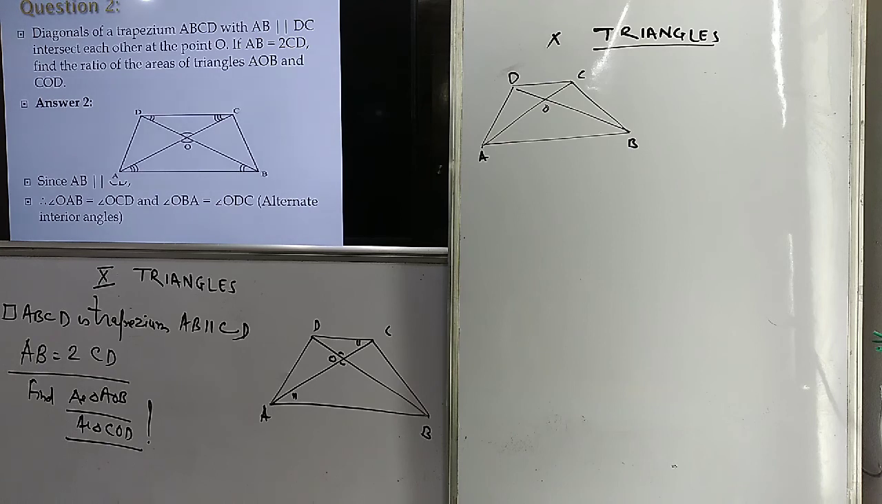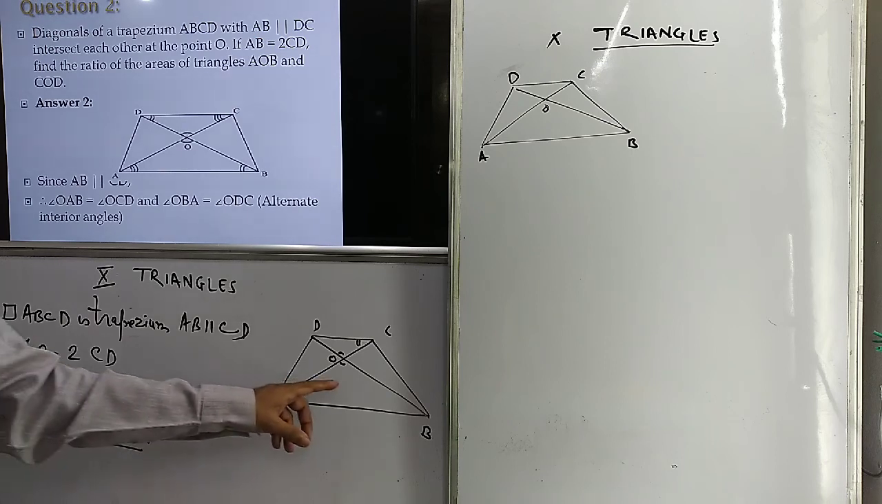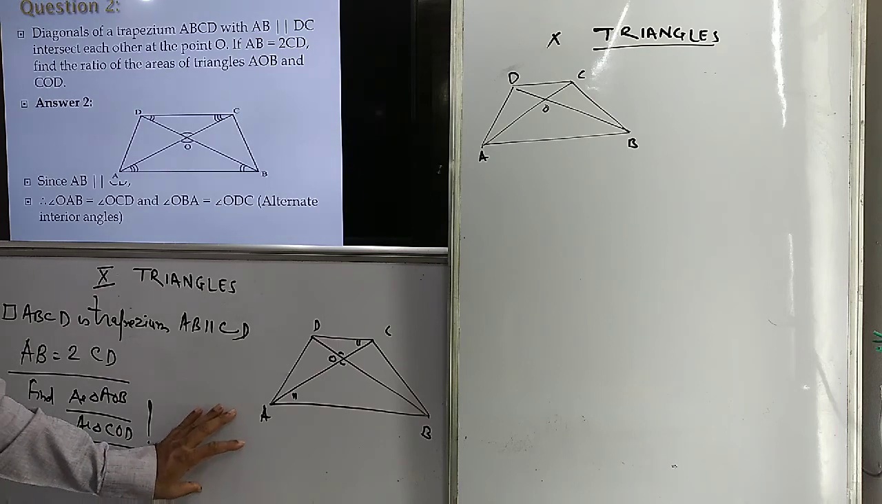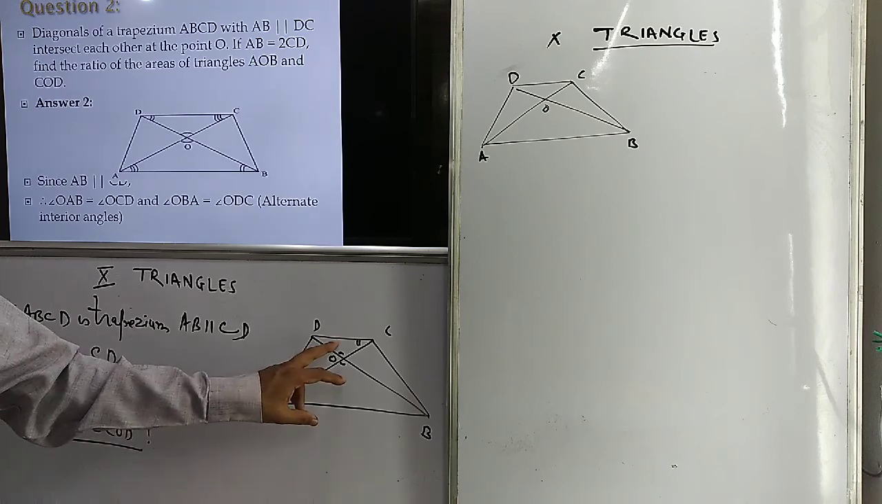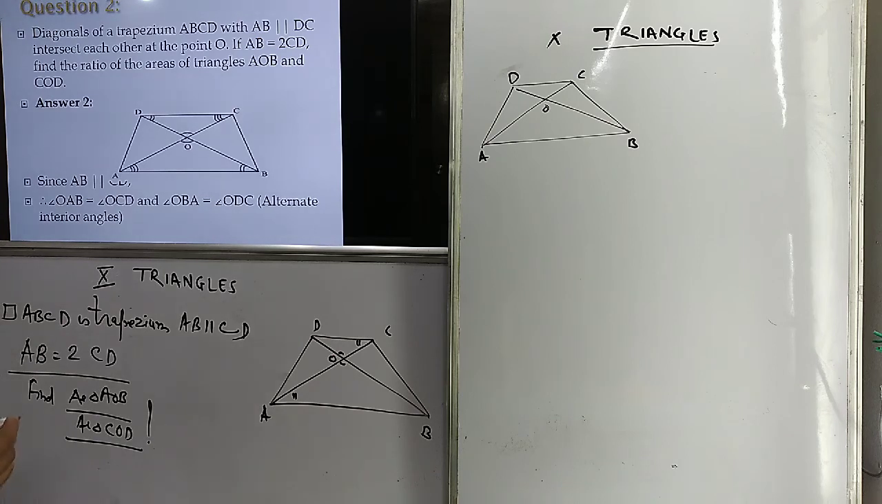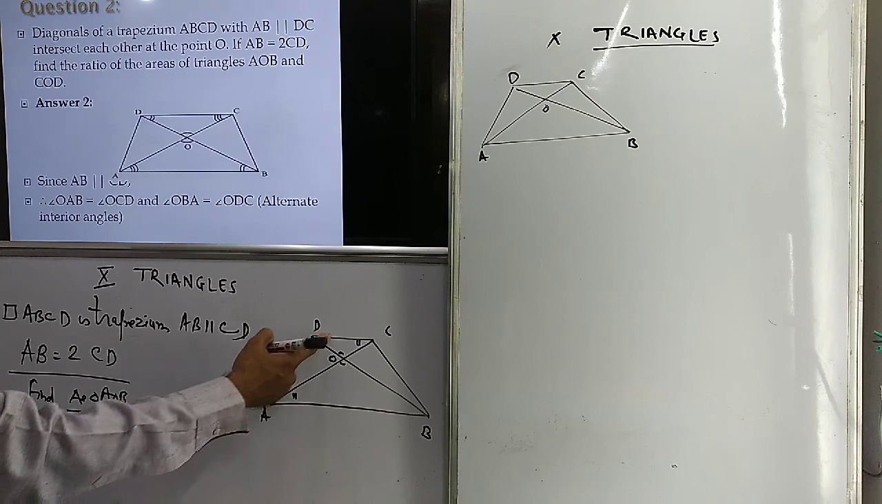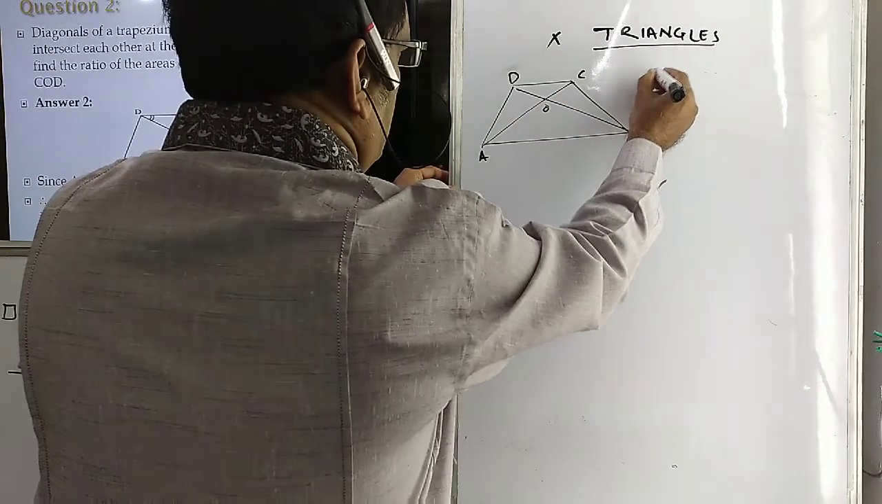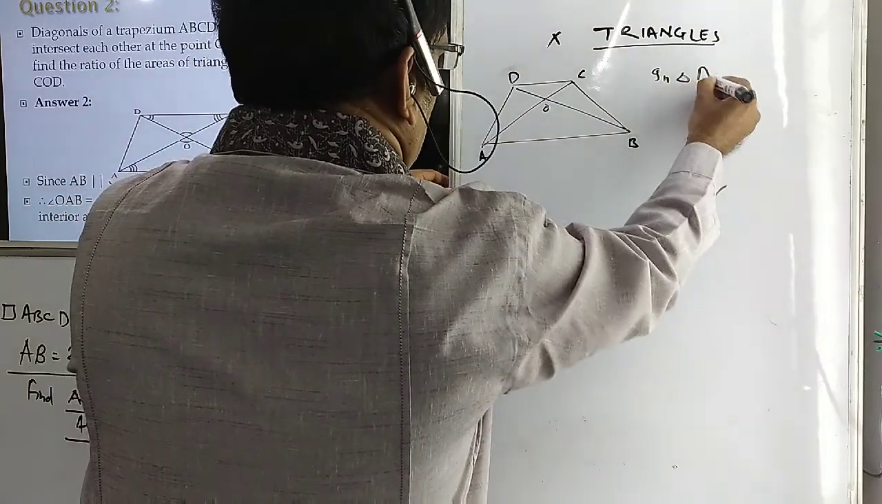Now you know that ratio of area of two similar triangles is equal to ratio of square of their corresponding sides. But first of all, these two triangles must be similar. So I am first proving that these two triangles are similar. AOB is similar to COD. Now in triangle AOB and COD,